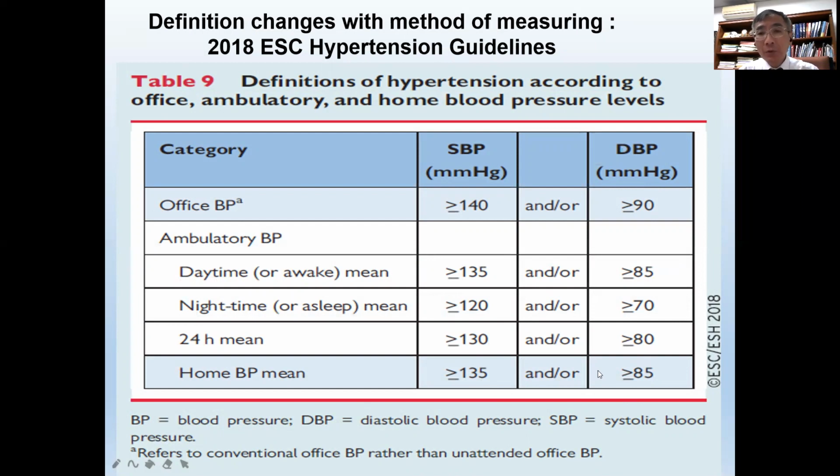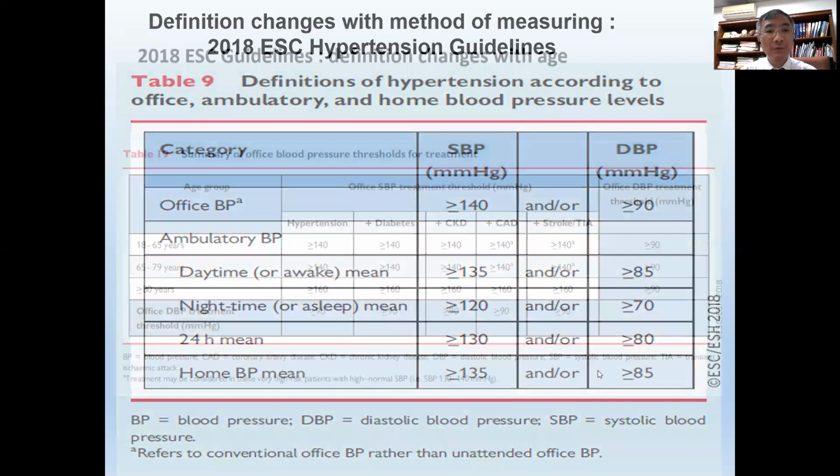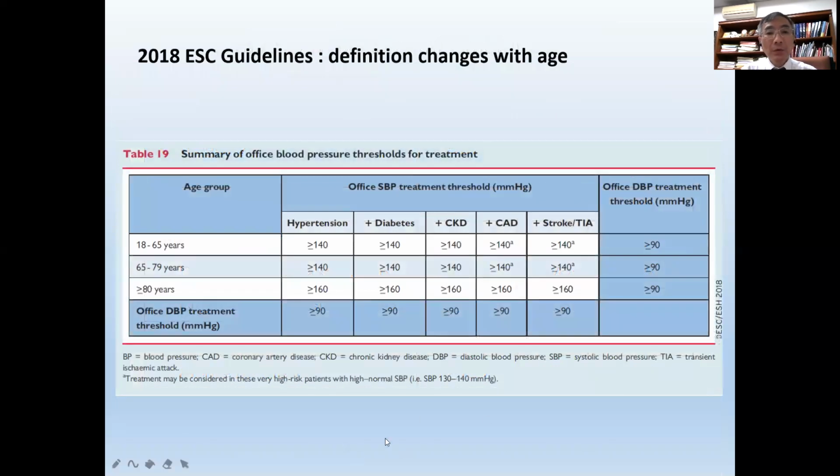So the important point to highlight here is that blood pressure measured in different ways under different circumstances will be very different. The Europeans also show that the threshold for what is abnormal is also slightly different depending on the